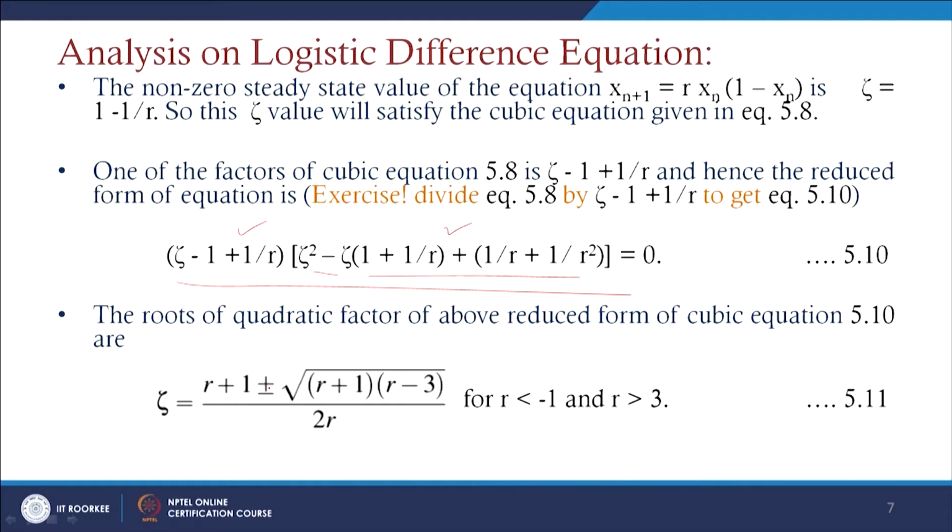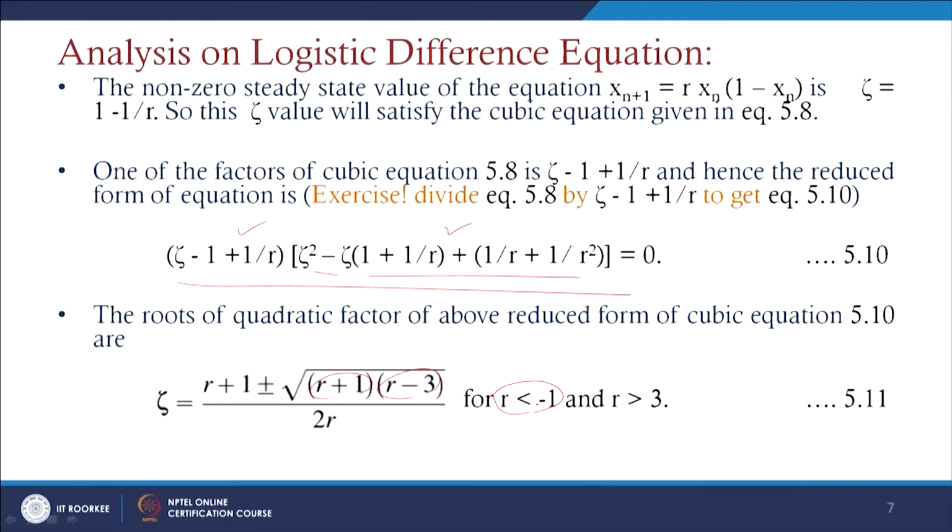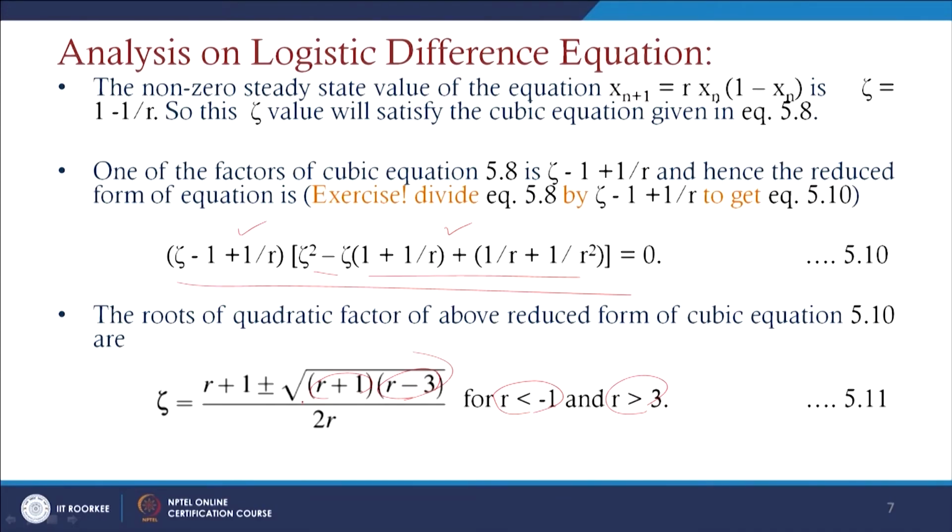So, if you just see here, r plus 1 means this should not be negative, and r minus 3 means this should not be negative to get the complete solution of zeta here. Otherwise it will be like an imaginary function and we do not have any stability condition. So, that is why if you choose r less than minus 1 here, then we can find the stability or any condition based on those values, or if you consider r greater than 3, then this root solution will have a positive value there itself. So, directly we can find these roots from this equation here,